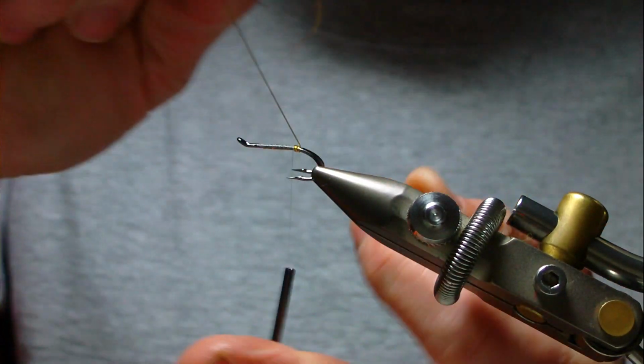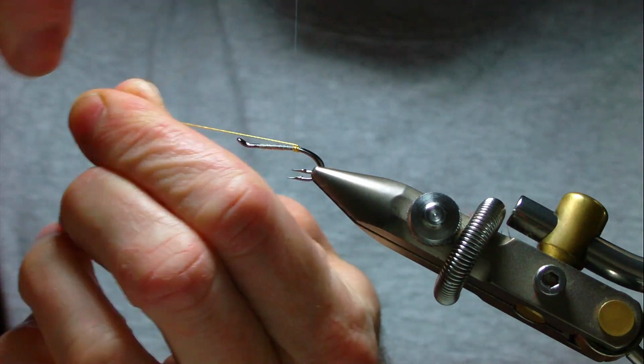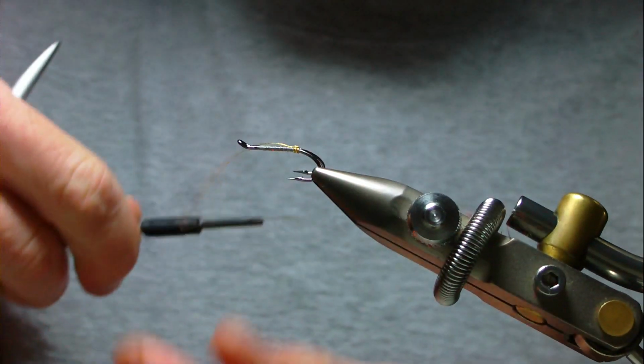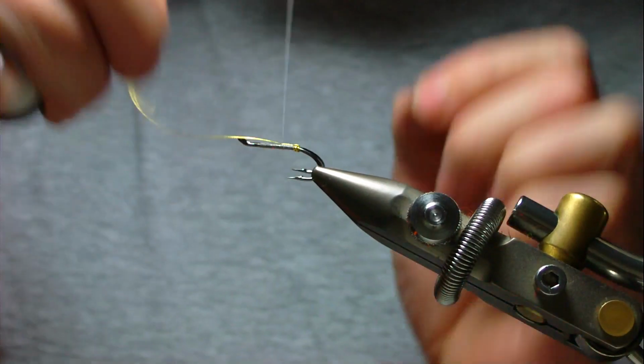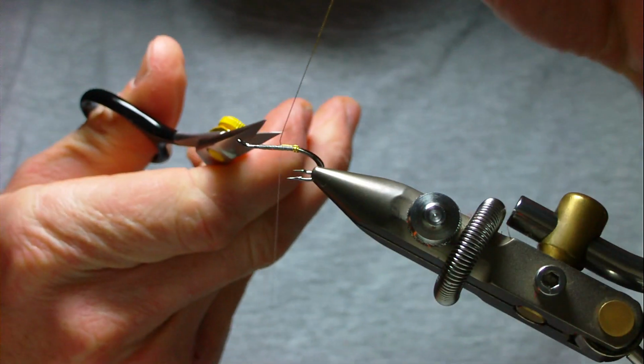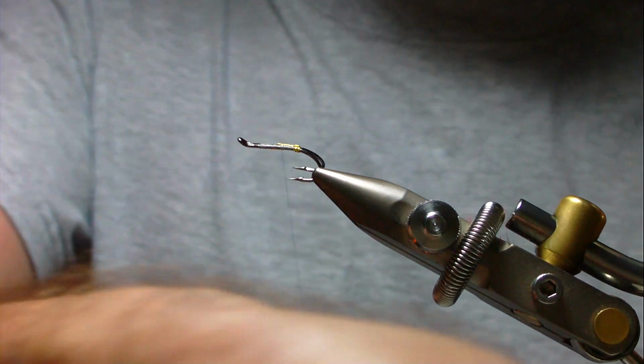You get 4 turns, bring your next one up and in between the hooks, and I tie it on the top. A lot of people do this and tie the tag end in below the hook, but I've just always tied it in at the top and never changed. So